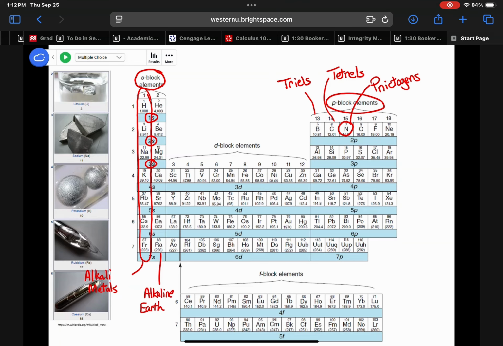Okay, then we get to our next group with oxygen and sulfur, and these ones tend to form a lot of ores, like iron ore or iron sulfide, a lot of rocks and minerals, and these are our chalcogens. And then we get to our halogens, that hopefully you're already familiar with. Those are our fluorine and chlorine and bromine, and these tend to react in a 1-to-1 ratio with our alkali metals, and they tend to have similar properties. Some of them are gases, some of them are liquids,